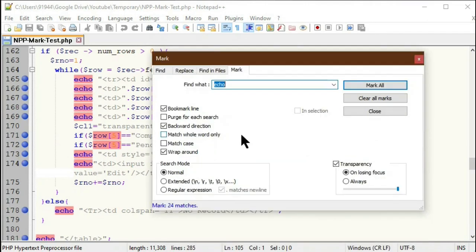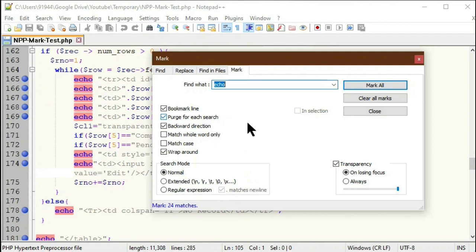To combine Clear all marks and Mark All, Notepad++ gives another option, Purge for each search. Suppose I check this checkbox and then click Mark All. You can see it avoids the row 5 mark and shows echo only.